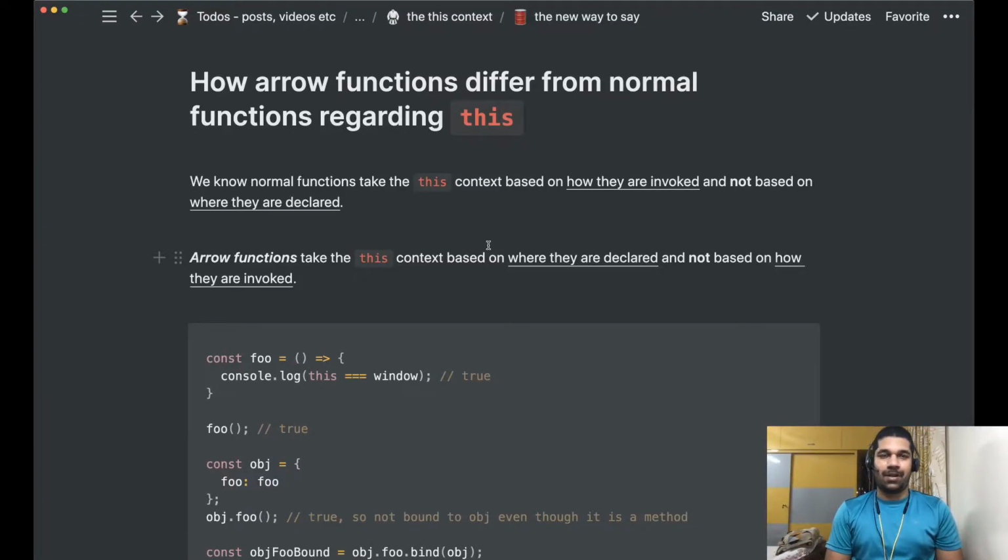Hi, welcome back. This is a series of videos that I'm doing on JavaScript execution context, this keyword, and this is the final video. In the previous videos, we've seen how normal functions work and how they take this context based on how we invoke the functions, and how it doesn't matter where you declare those functions, the location of